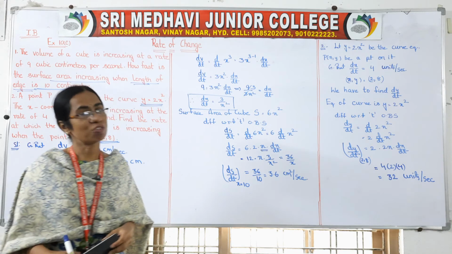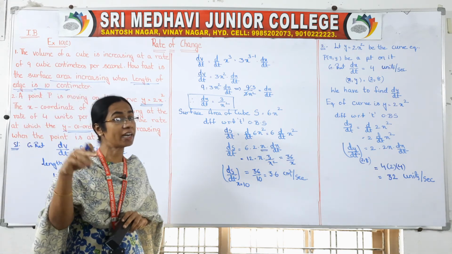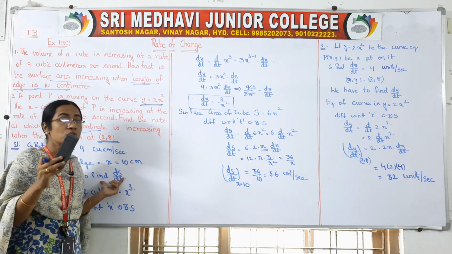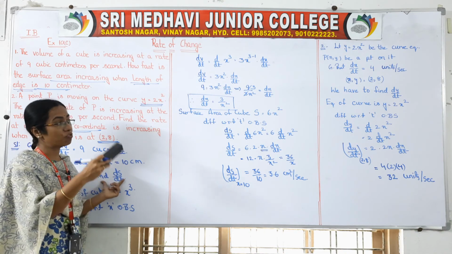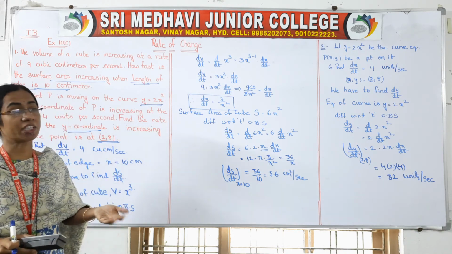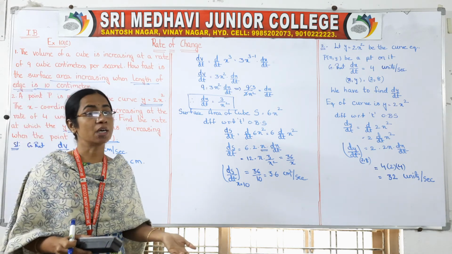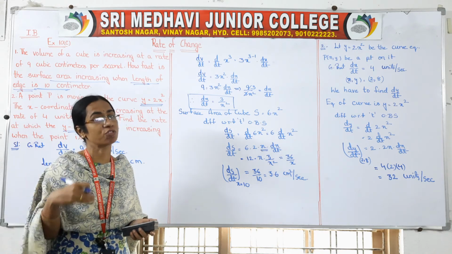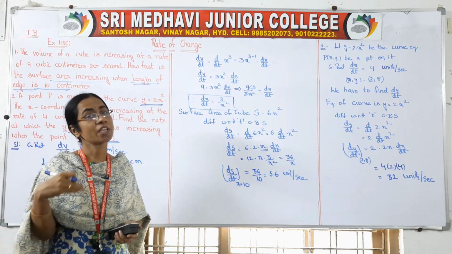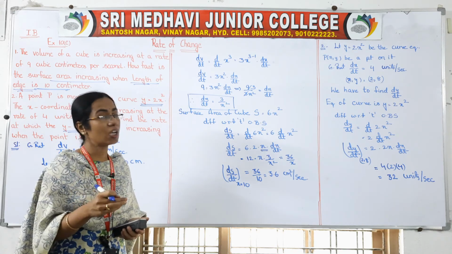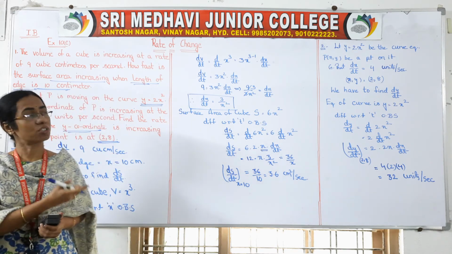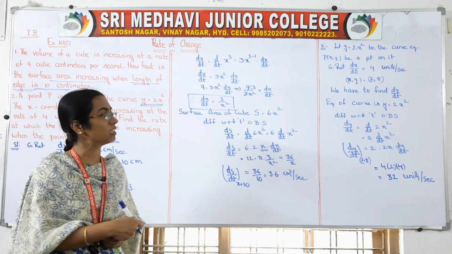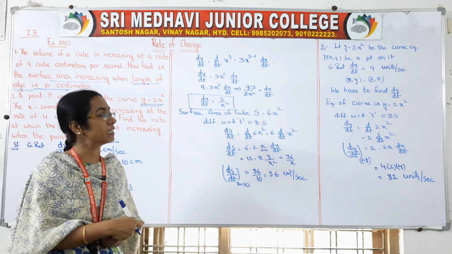Actually rate of change problems are simple problems provided you know the formulas. Here this is a cube, so you should know the volume of the cube and surface area of the cube. Sometimes they will give a sphere, sometimes a cube, sometimes a square. So you should know the formulas of area of the square, volume of the sphere, volume of the cube. If you know all the formulas, you can easily solve. Within 5 minutes you can solve this problem. Sometimes within 3 minutes also, after practicing many times, it takes hardly 3 minutes.